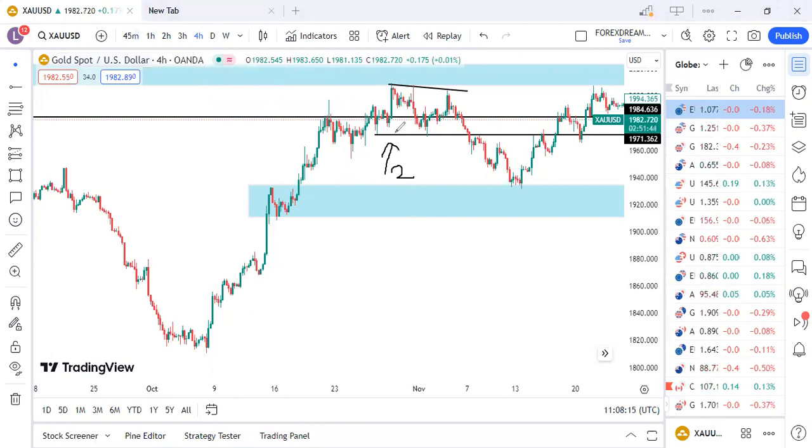Here, two touches on the support. Here's our support. And once we have two touches here, the higher the chance that the market will break it. Hence, you can see on 4 hour, the market broke the support here. They came back to test the support here, so get yourself an opportunity at it. So you're going to sell on the trend line. You're going to sell on the potential continuation pattern that is located on the left hand side. How many opportunities are you going to get here? It's 1, 2, 3 with this pattern, with this price structure.